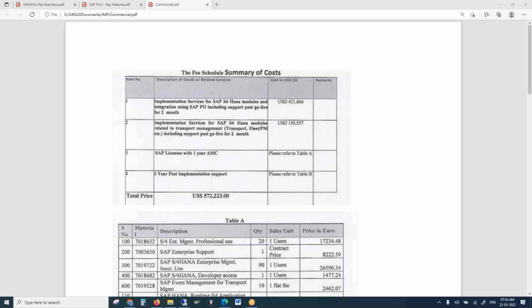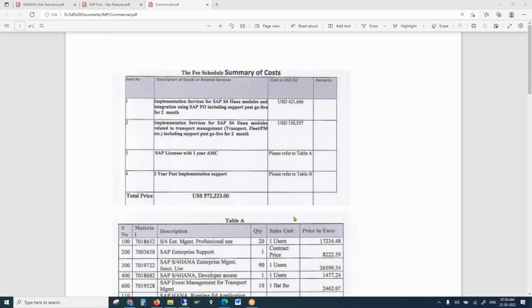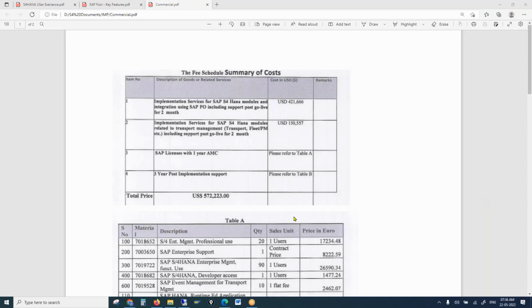That means it's only a user interface. Obviously, if you buy some application, you need a user interface to connect to it, right? Without a user interface, how do you connect to that application? So in the first versions, SAP put Fiori as licensed. It's not free to use. But there was huge protest from the customers saying, why would we need to pay for a user interface? We are not paying for the application, we are paying for the user interface. And the second thing is, we are already paying huge licenses for various reasons. Then again, even for the user interface, there is a license. There was a huge